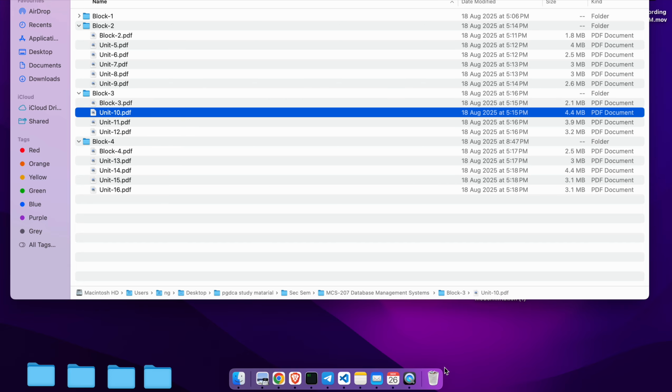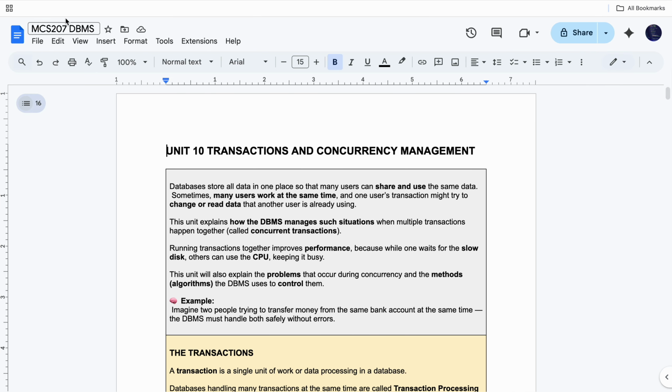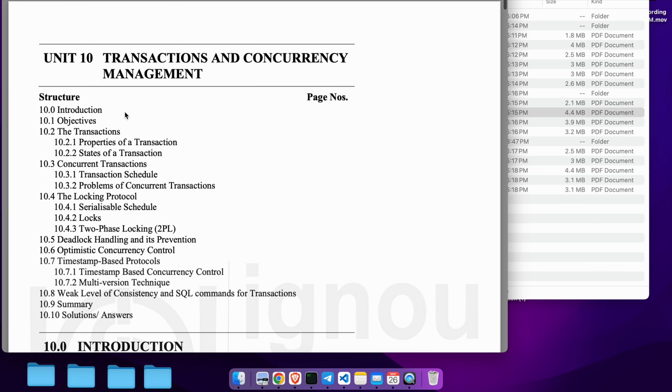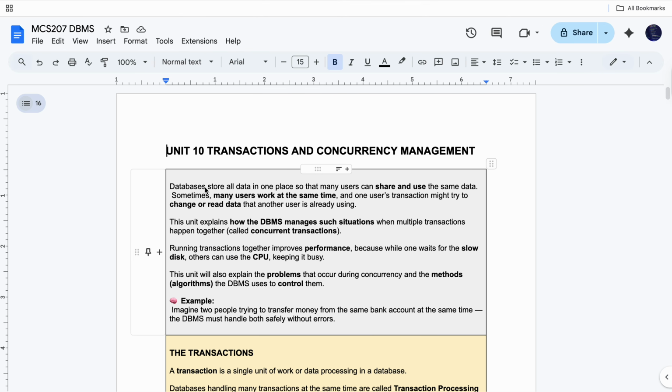अभी हम यूनिट 10 कर रहे हैं MCS 207 का, जिसमें है ट्रांजैक्शंस एंड कॉन्करेंसी मैनेजमेंट। इसमें क्या है: प्रॉपर्टीज ऑफ ट्रांजैक्शंस, स्टेट ऑफ ट्रांजैक्शन, कॉन्करेंट ट्रांजैक्शन, locking protocol, and deadlock handling and prevention, weak level consistency, SQL command। ये सारा हम लोग को पढ़ना पड़ेगा।